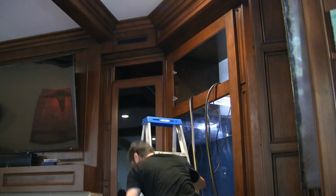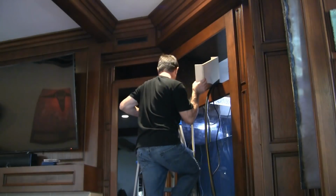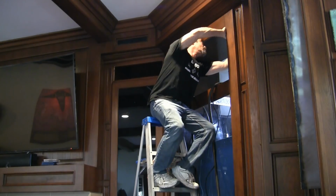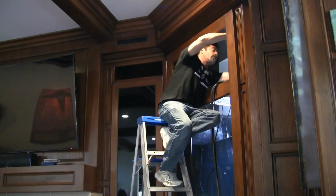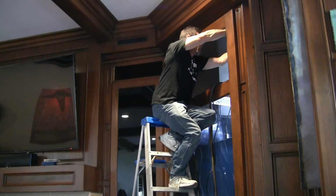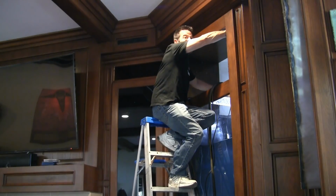The previous version of this tank had a handful of underpowered Aqua Illumination lights on top of it. We're going to use those lights, and we're going to add to them 5 more of the Kessel brand 360 lights. Scott's redo of the bracket that will support all 10 light fixtures consists of an aluminum bracing, but it requires some additional support